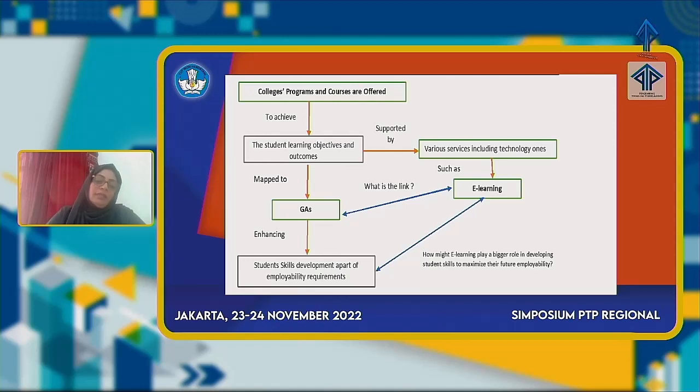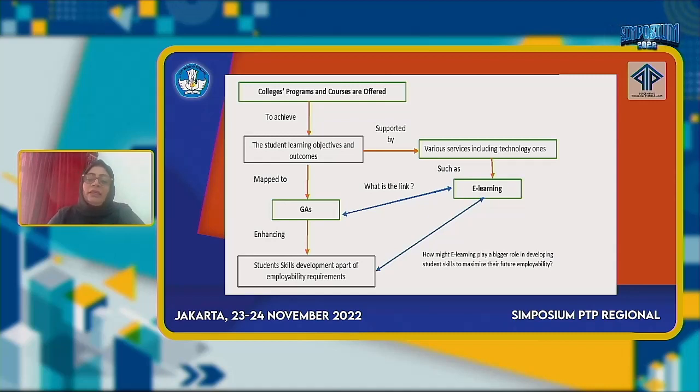So when we talk about learning objectives and outcomes, what supports them? They are definitely supported with different and various tools, both academic and non-academic. Why did I choose e-learning? This is an example of e-learning. Why not email, or other open sources?